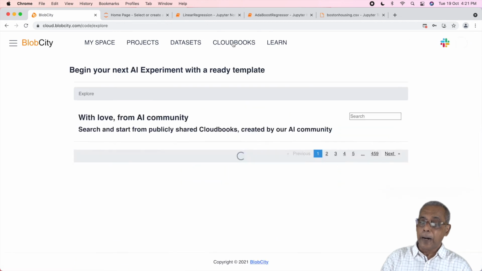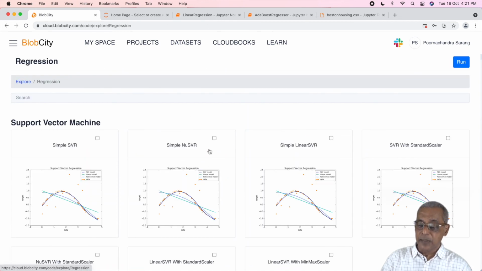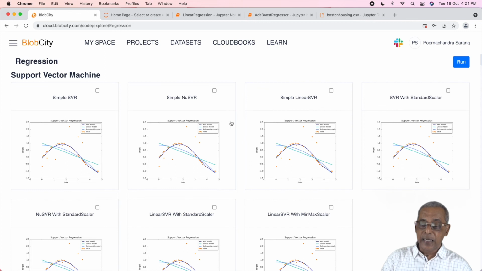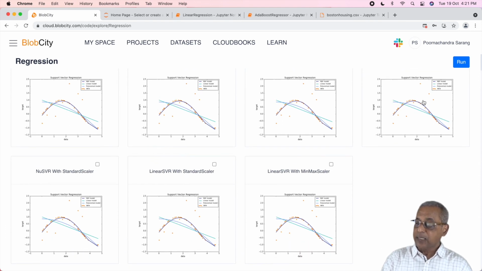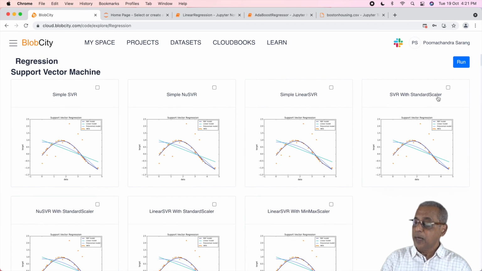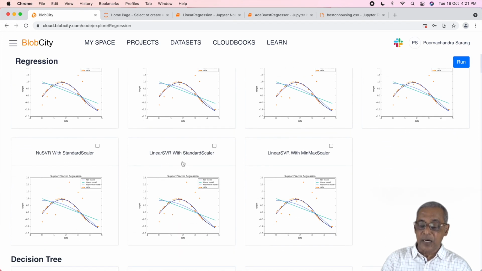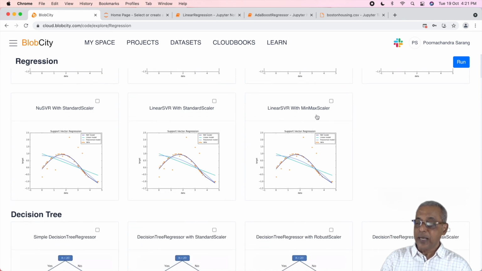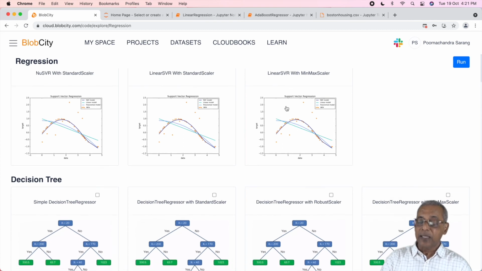So I can go into the CloudBooks here, regression here, and say suppose SVR I want to try. Now these are the different templates which they have provided, right? Now it does some data processing by applying some scalar functions here and so on. So you can select those like min, max or the standard scalar and so on. And then you can try to see in case for that algorithm whether the accuracy improves.